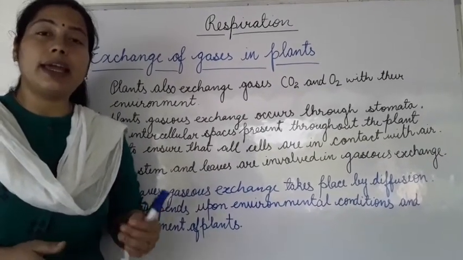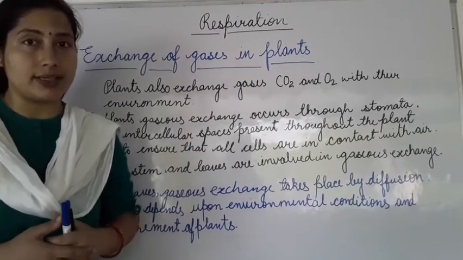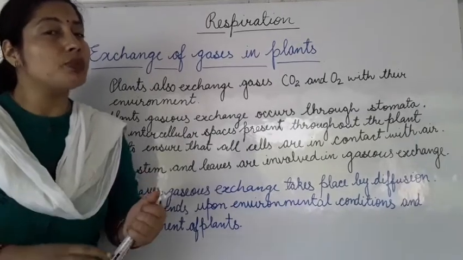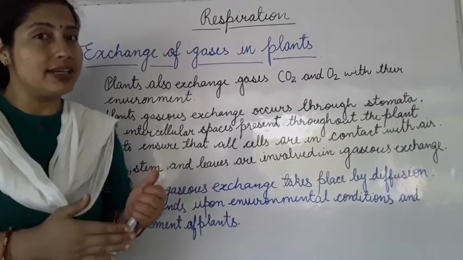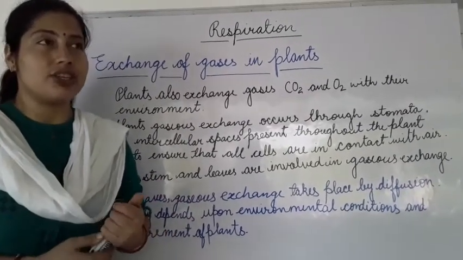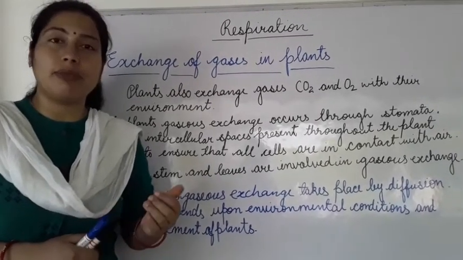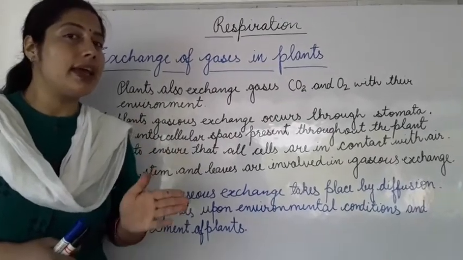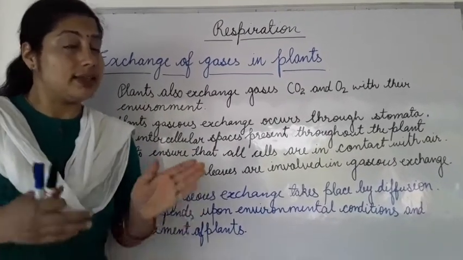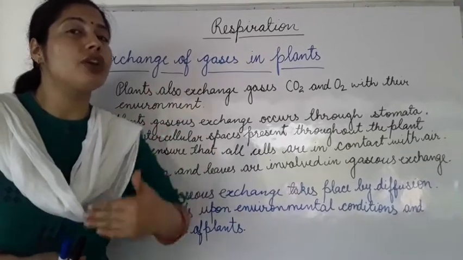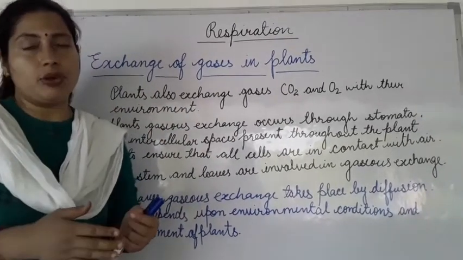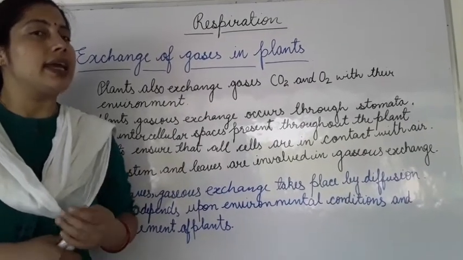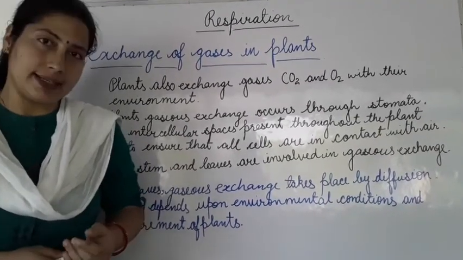And plants have large intercellular spaces. But what are intercellular spaces? Means space present between the cells. For example, we have studied the cross section of a leaf, in which we have seen that mesophyll cells have air spaces, and these air spaces help in the exchange of gases. So the plant body has large intercellular spaces, and these spaces help in the exchange of gases.